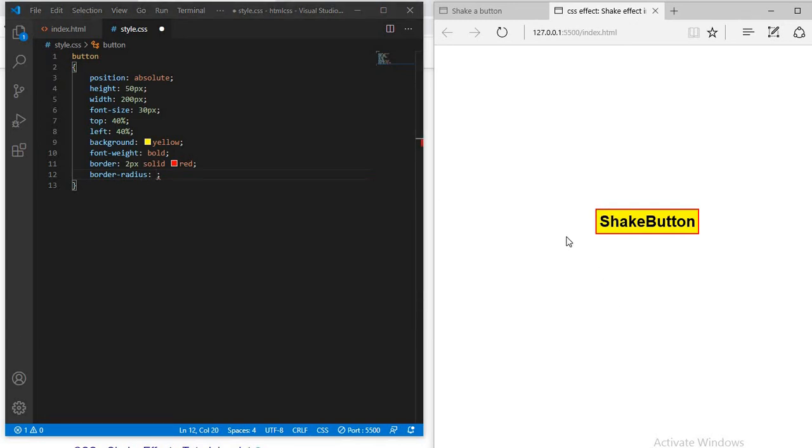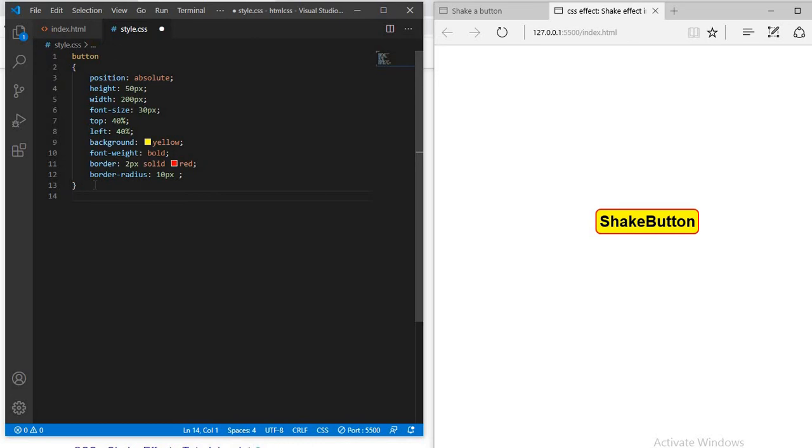Here we'll set the corner of the button to rounded. So border radius is 5 pixel. Here we can see the changes in this corner. Let us increase it to 10 pixel. So we can see the corner of the button.